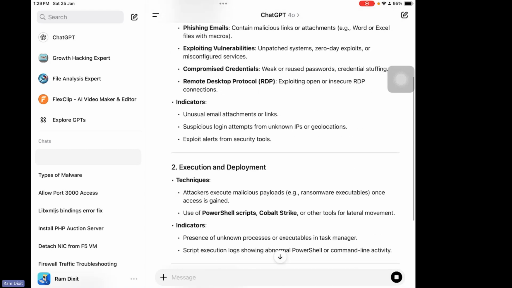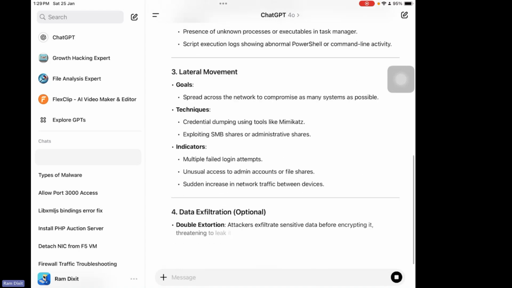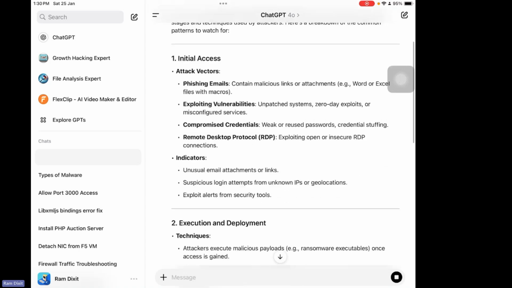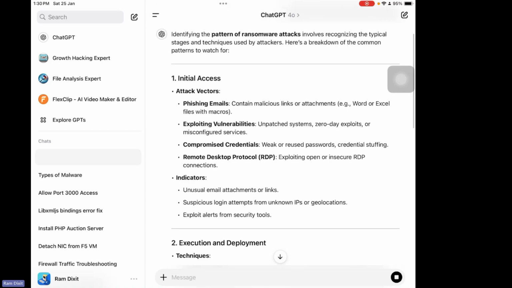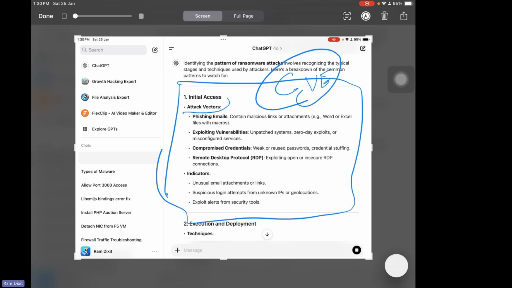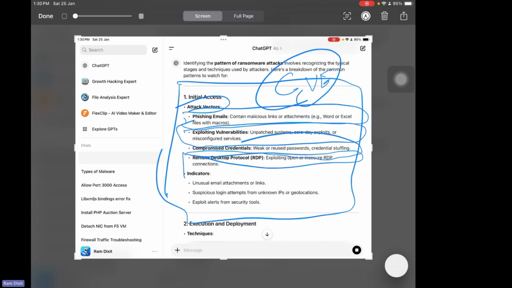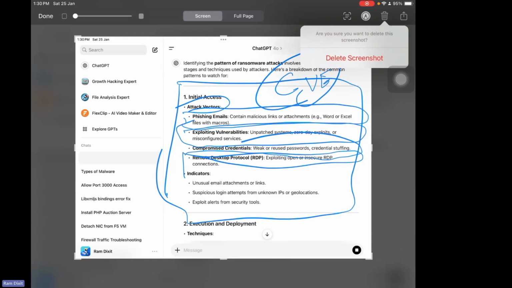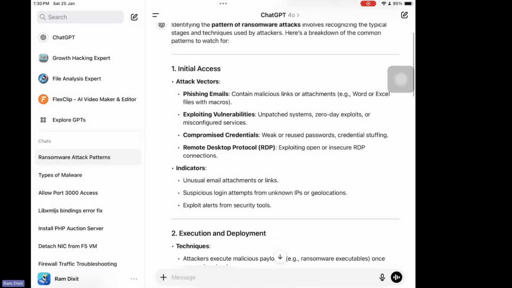मैं इसका अटैक देख रहा था, इसका पैटर्न क्या है। तो जैसे हमने देखा अटैक वेक्टर। अगर आप सीबीबी पढ़ोगे, सीबीबी कैसे काउंट होता है, तो उसमें पूरा रहता है। सीबीबी की स्कोरिंग होती है ना, तो उसमें ये सारे काउंट होते हैं। तो अटैक वेक्टर में क्या क्या, फिशिंग ईमेल के थ्रू होता है, एक्सप्लॉइटेशन वनरेबिलिटी के थ्रू होता है, कंप्रोमाइज क्रेडेंशियल के थ्रू होता है, रिमोट डेस्कटॉप के थ्रू होता है, रैंसमवेयर, राइट। ये वेक्टर्स वो चीज है जिसके थ्रू आप पुट करते हो, राइट।